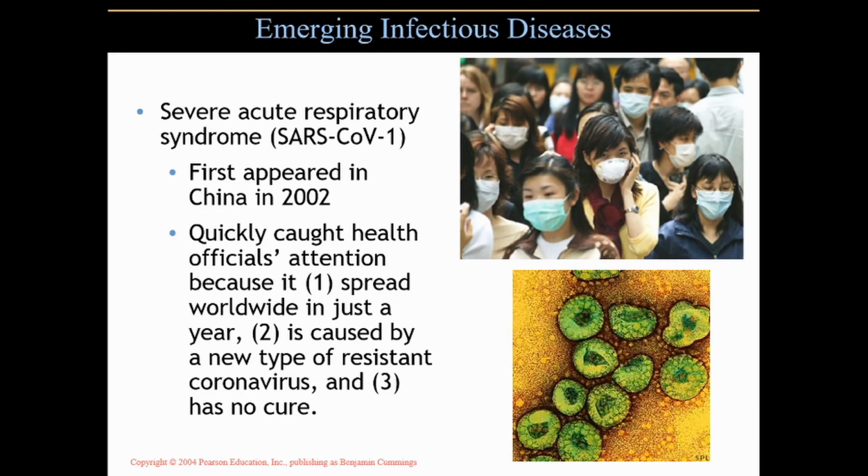Also in around 2002-2003, along with the bird flu, there was SARS. It would be called SARS-CoV-1, which it wasn't called initially because we didn't have a second coronavirus. This is the first coronavirus, SARS-CoV-1. It quickly caught health officials' attention because it spread worldwide in just a year, caused by a new type of resistant coronavirus, and has no cure. Now, this is nothing compared to CoV-2, the official designation of the one that we're dealing with now,